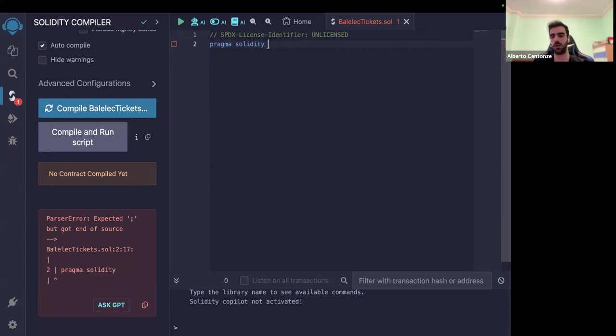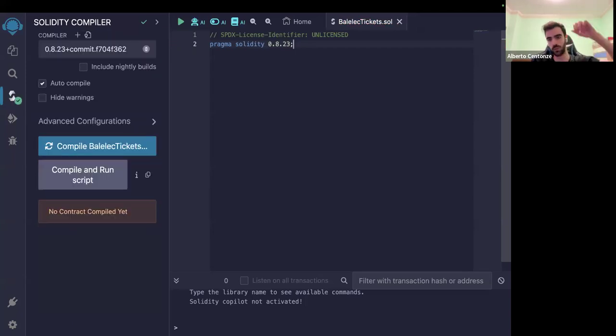In Python, if you're executing code with a different interpreter version, the worst thing that can happen is that it doesn't run, it raises an error, or maybe some warnings. But here, unexpected behavior is a problem. So we need to address this. We're just going to pick the latest version of Solidity that we have so far, which is this one. As you can see, now we have no warnings and we can finally start writing a contract.